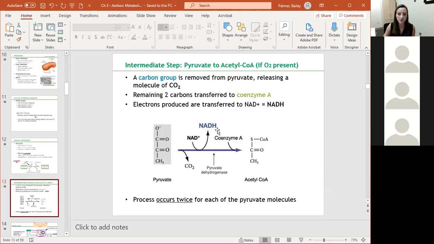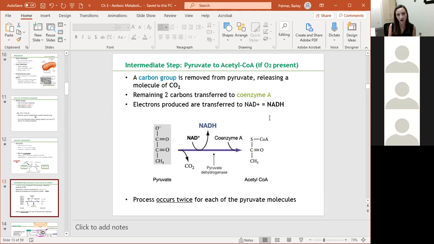And then we also had a hydrogen and its associated electrons split off of this reaction, or during this oxidation process, and it combined with NAD. So we have one NADH, and then the coenzyme A was added, making acetyl-CoA. Basically, the carbons just transferred over, and we added the coenzyme A, so having a 2-carbon molecule plus the acetyl group gives us acetyl-CoA. So what you basically have to know is there are 2 NADHs that result from the